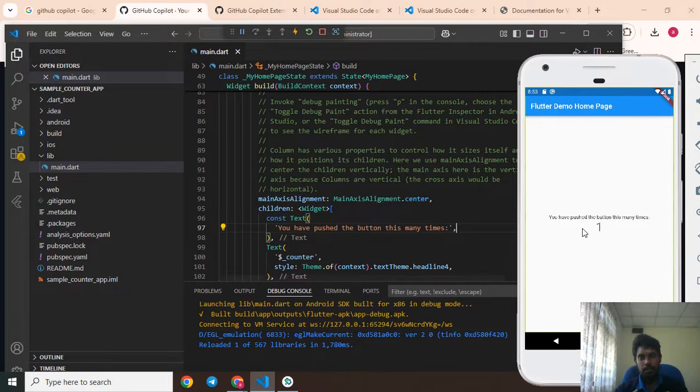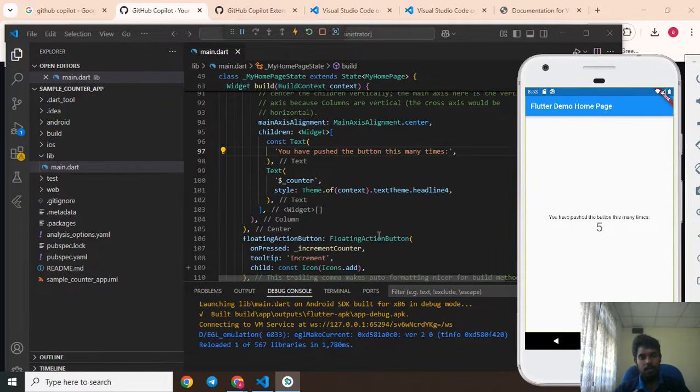This is the sample project which is created by Flutter by default. This is the increment counter. It increments when we press the button. Let's see how to increase this text size. You have pressed the button this many times, and now let's see how GitHub Copilot works